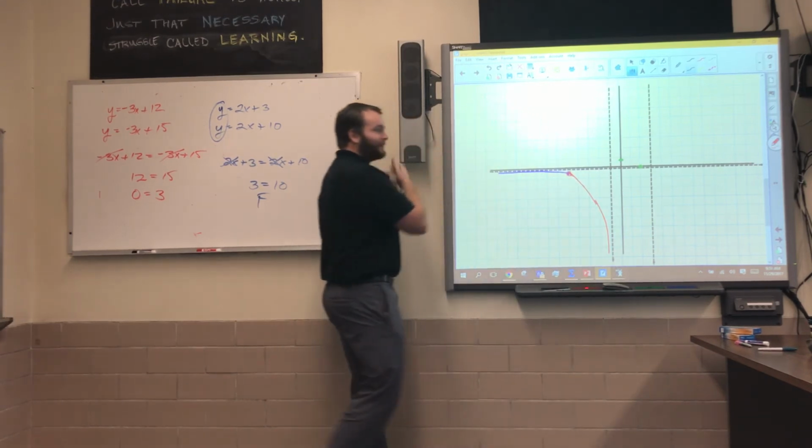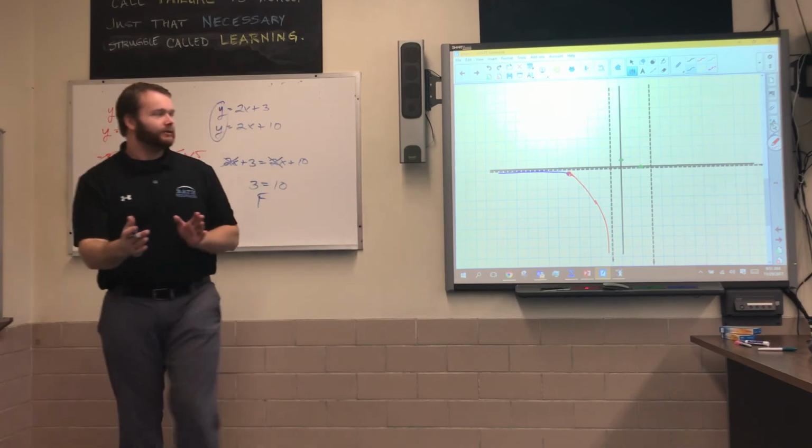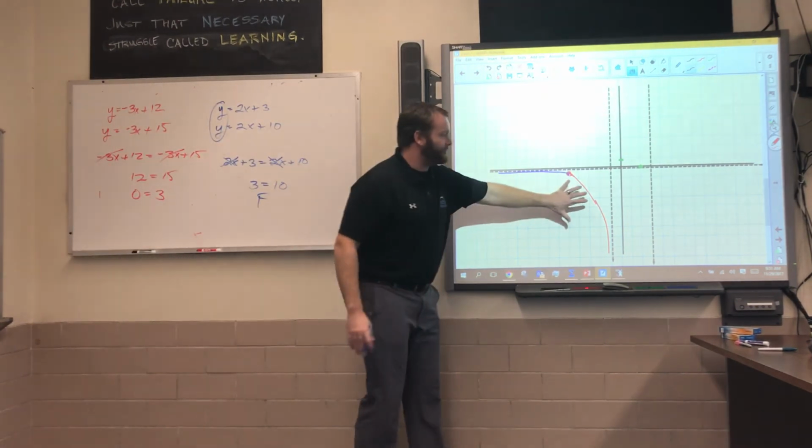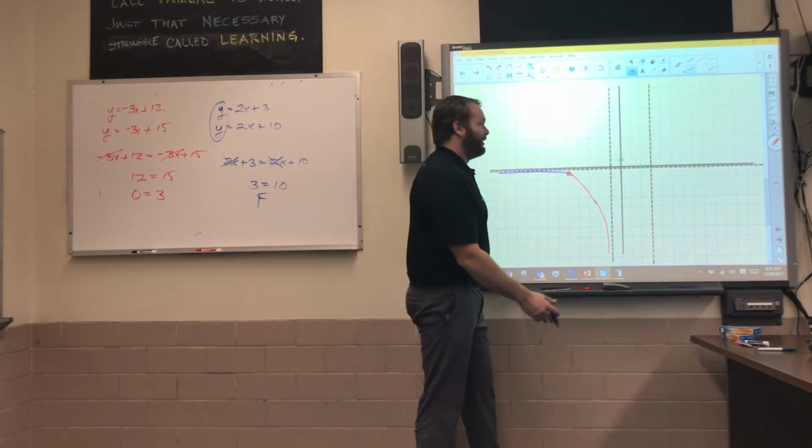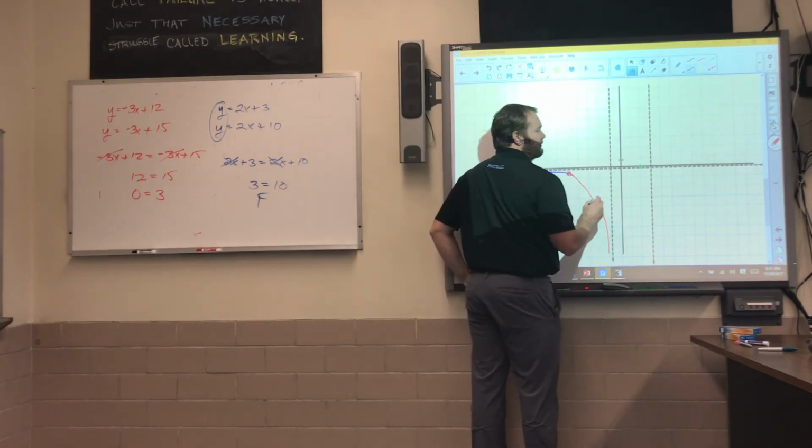Open dot. All right, so now we're in the middle region. If the graph existed here, because of the nature of asymptotes, it can't occur up here. Okay, so now we get in the middle. Now if I look at the middle, I know I've got my y-intercept, so I've got to go